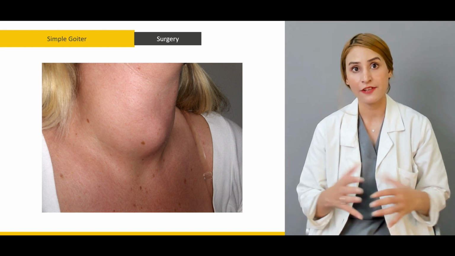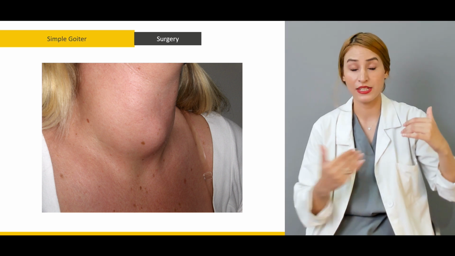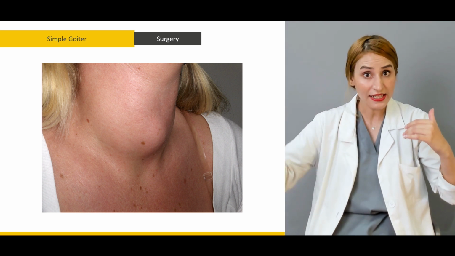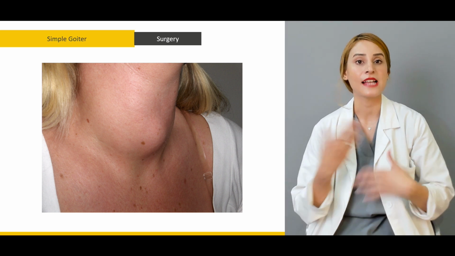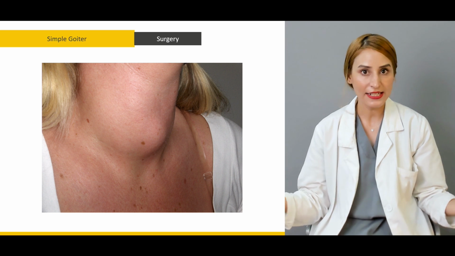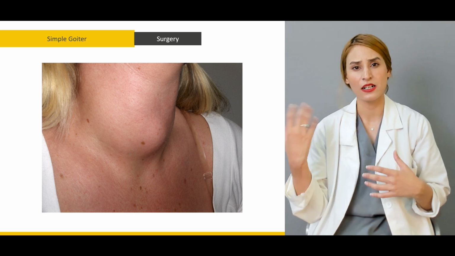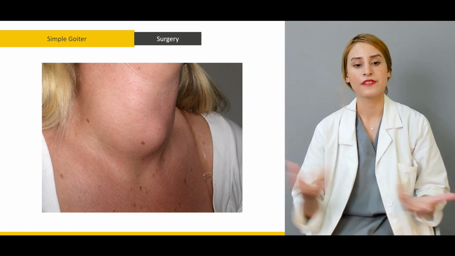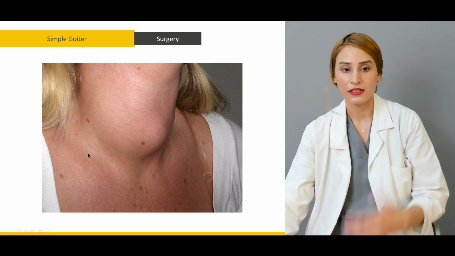But what happens if there's thyroglobulin but there is no dietary iodine coming from the diet? The gland is hyperfunctioning, but there is no iodine to make up the thyroid hormone. So that's why the colloid and the whole of the material is assembling in,